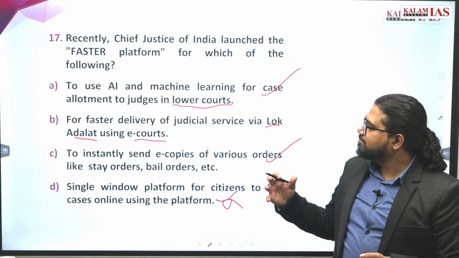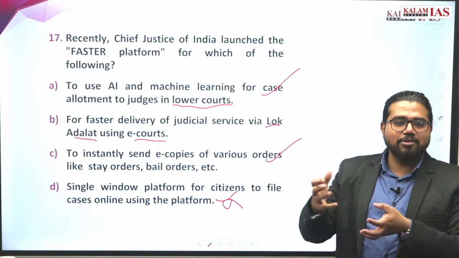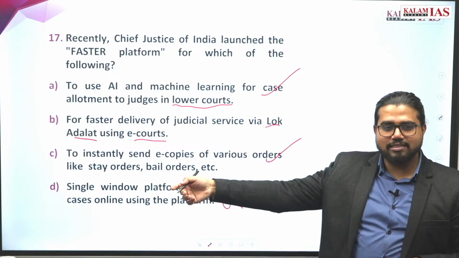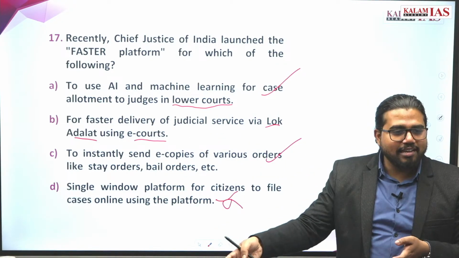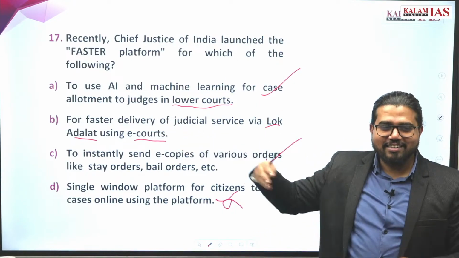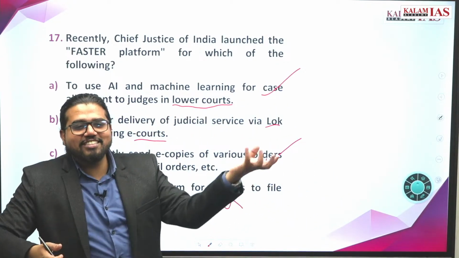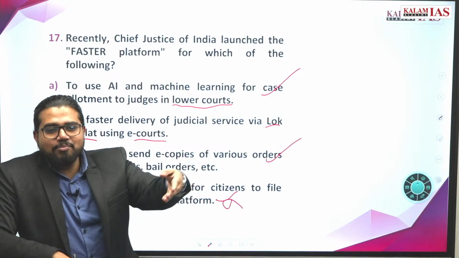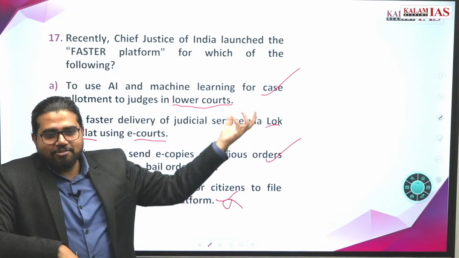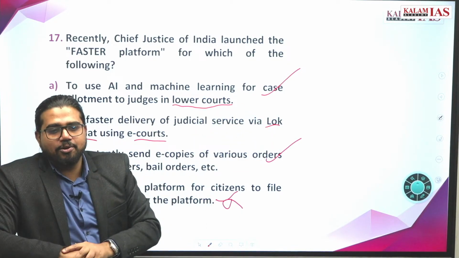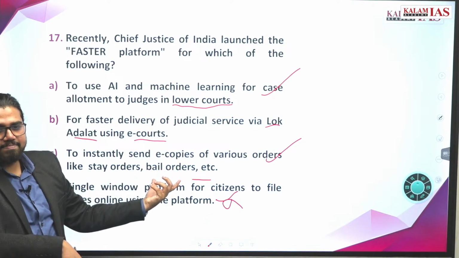You can cut these out if you read the newspaper. When this system was launched, there was a controversy. Supreme Court issued bail for a person, and the bail order didn't reach the prison. And 2-3 days were holiday. So after 4 days he got the bail. There was this controversy going on in the news. So even after bail was issued, the person had to stay in jail 4 days. Now we have an online system, so if bail is issued the person can go out instantly. So the answer is C.